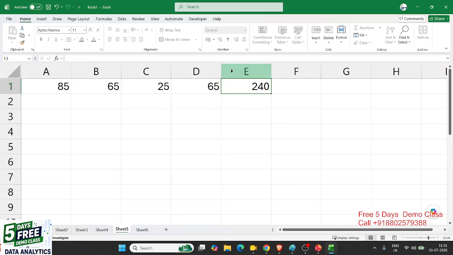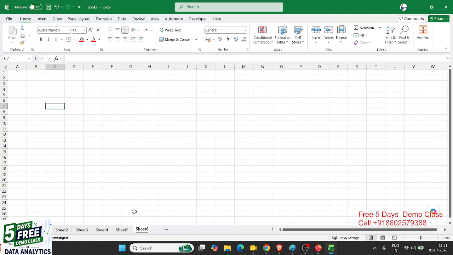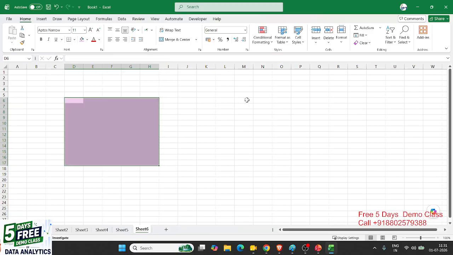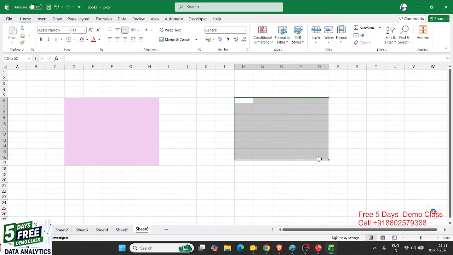Now, how can I remove the visibility of formulas? Next, we want to apply passwords, but multiple passwords in one sheet. So I have the data, and in the data sheet,